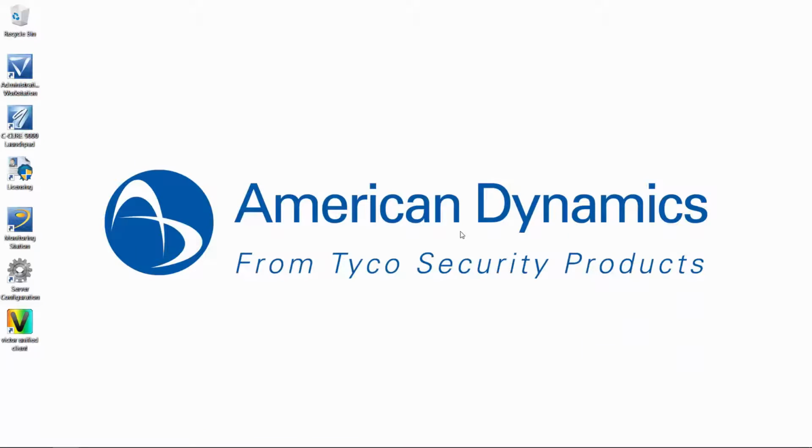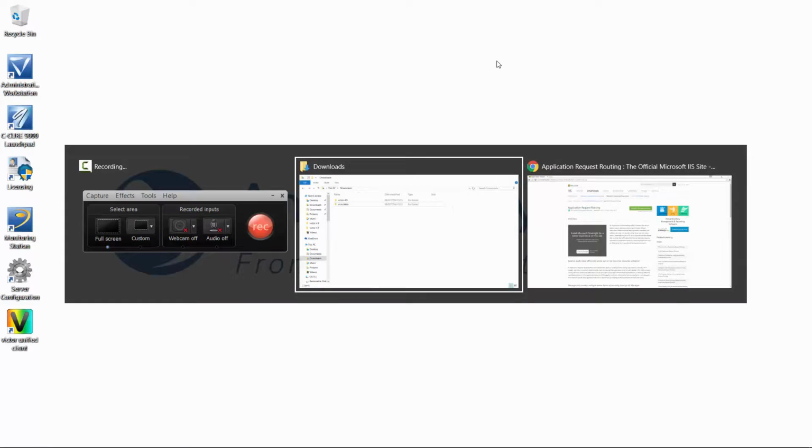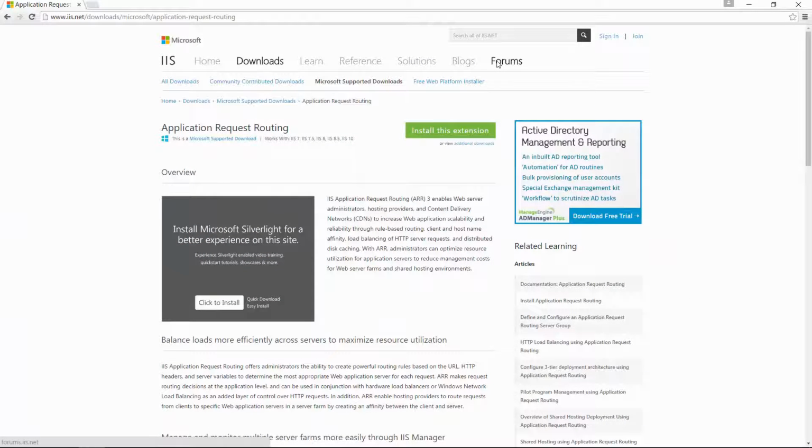Okay, so the next thing we need to do is to install an extension called ARR. We can do that using the Microsoft website. There's an online version and an offline version. I'm going to be using the online one. I'm just going to open up the Microsoft website and find that ARR 3.0, and I'm going to choose Install this extension,